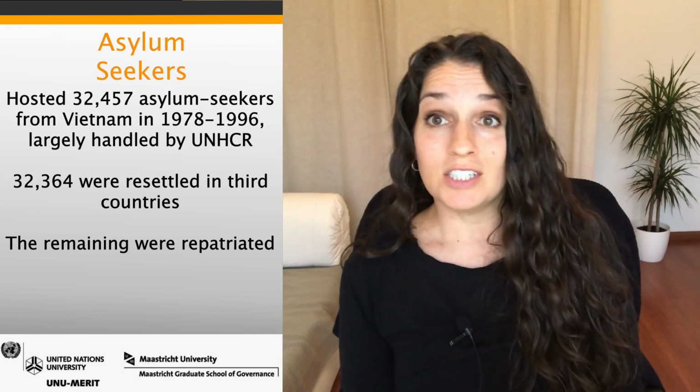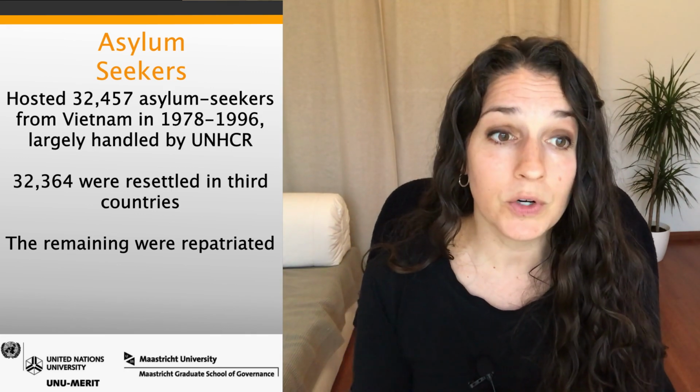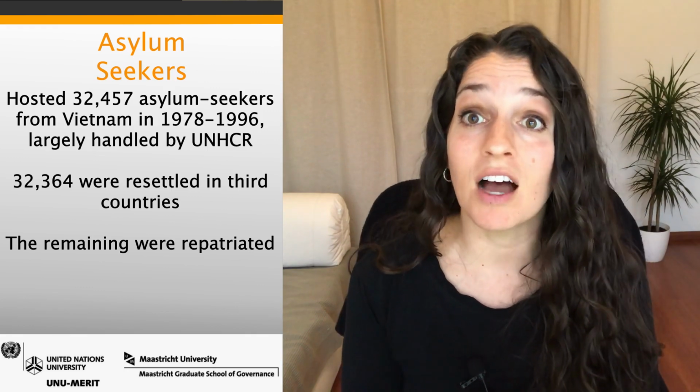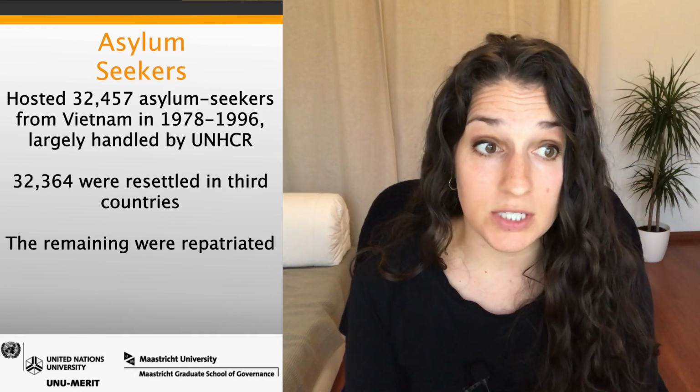Now, as far as policies with regard to asylum and refugee status, I already explained in the previous video on the history of migration in Singapore that there were asylum seekers previously from Vietnam between 1978 and 1996 that were largely dealt with by UNHCR, and these were all resettled to third countries or repatriated. Currently, there's actually no asylum policy in Singapore. And Singapore is not signatory to the 1951 Refugee Convention or 67 Protocol. There's also no data on attempted asylum applications in Singapore.